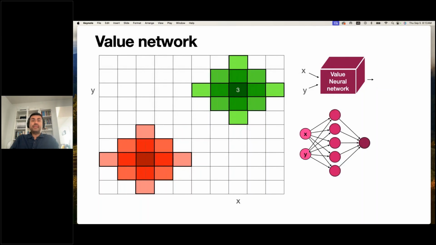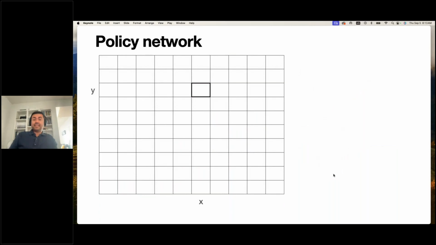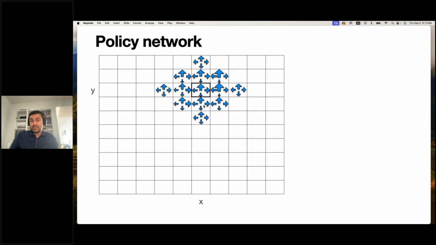So I can come up with something called the value neural network, and the value neural network is going to approximate the values. If I input the state, it's going to learn to say, hey, your value is probably something close to this. So that's the value neural network. And I can also have a policy neural network, because my policy here, if I figure out the policy for this one, it's close to the policy for the neighbors, and for the neighbors, and for the neighbors.